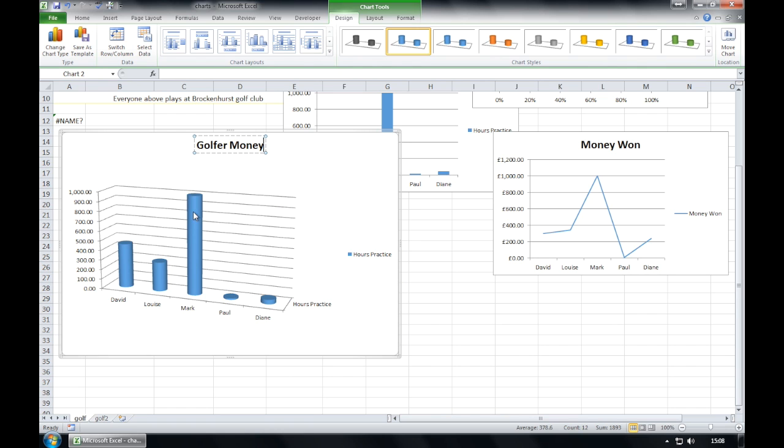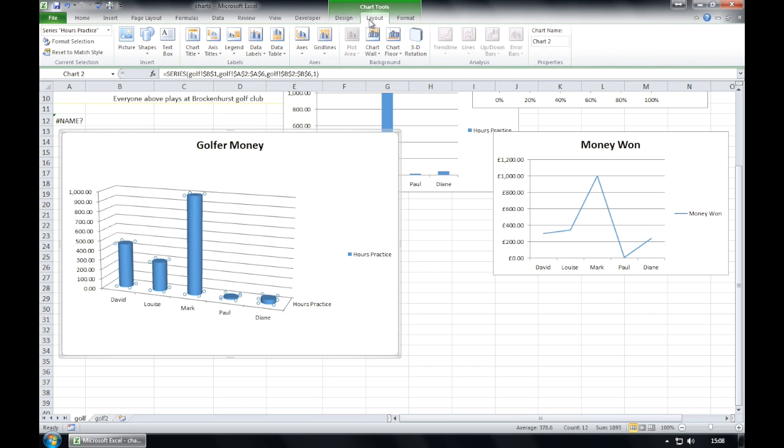And again I want to add some data labels, so I'm going to click so all of them are selected. Be careful not to click on just one. Good practice here is just clicking just behind on the graph first time round so they all collect. And again I'm going to go to layout, data labels, and I'm going to show them.